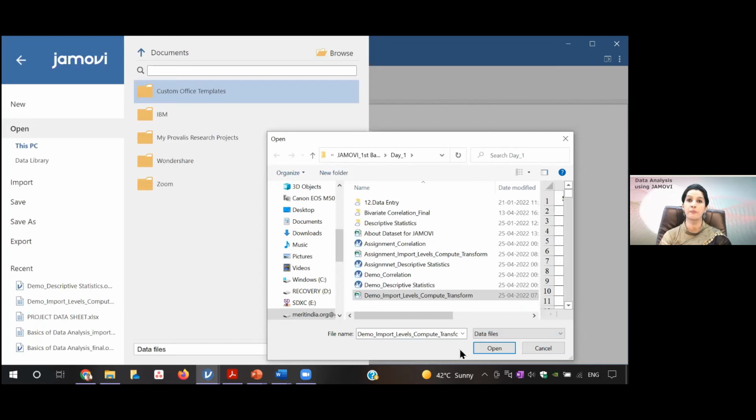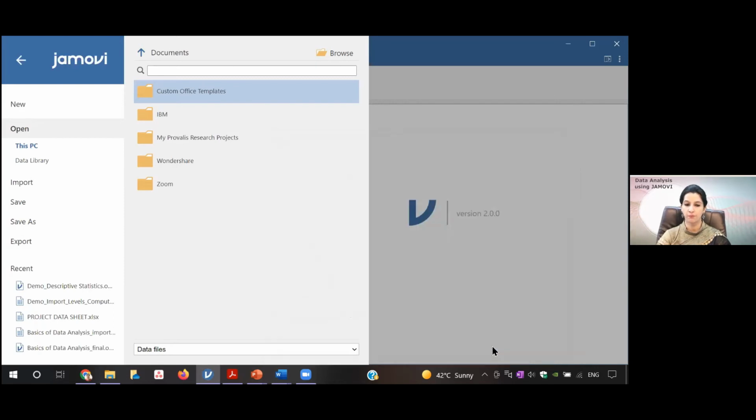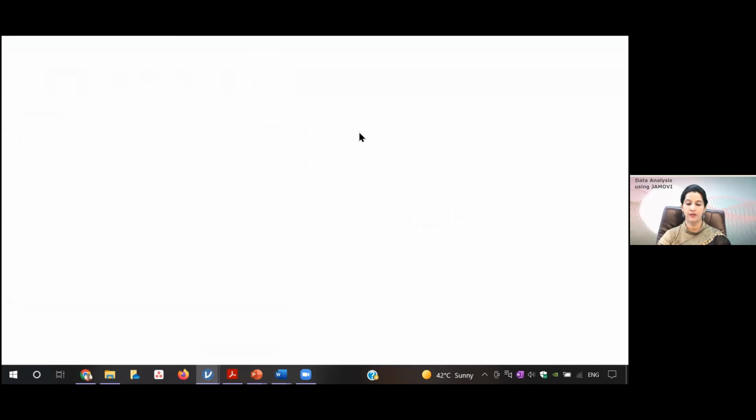You don't need to specify, because remember, those of you who have done SPSS, you need to select the Excel option in SPSS. Here you don't need to select anything. You just select the file and then press open. So once you have pressed this open,